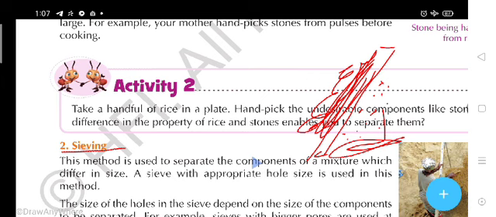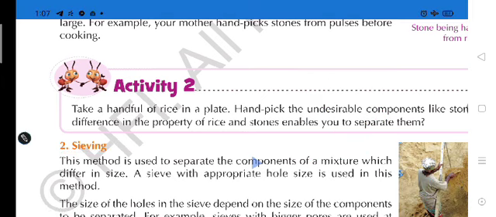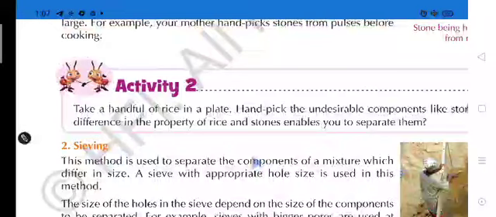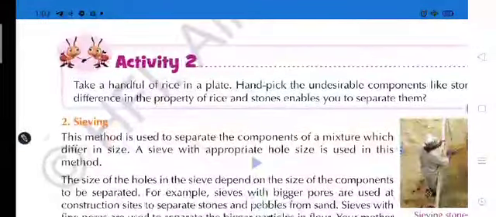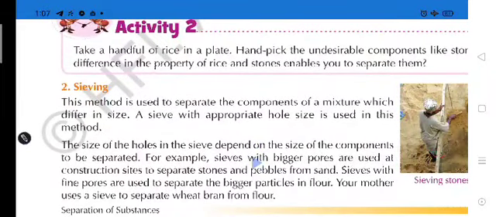And at your house, have you seen the flour, when your mother cooks food? This method is used to separate the components of a mixture which differ in size. The condition is what? The components which you want to separate should differ in size. A sieve with appropriate hole size is used in this method.